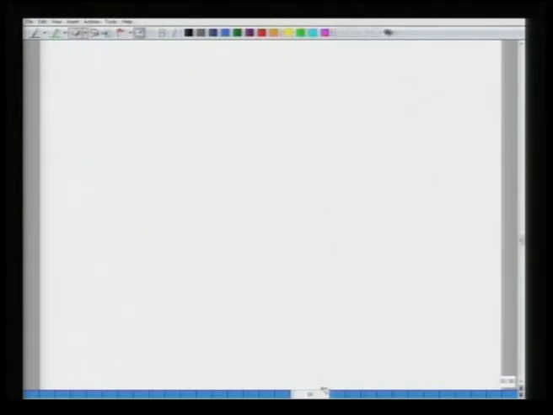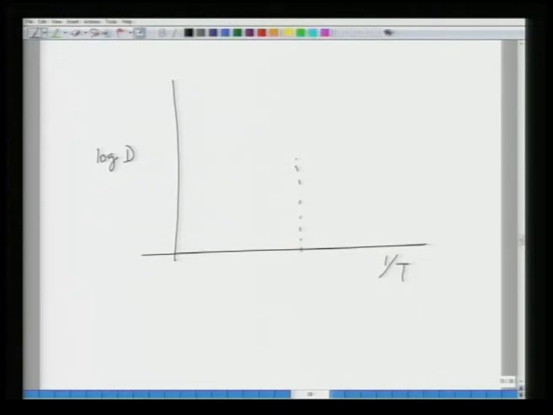So now when you plot this, let us say this is log D and this is 1 by T, and let us say this is the crossover point for a particular composition of impurities. Up to this point I can plot this in this manner. So this is low temperature up to the crossover point. The activation energy in this case is going to be delta H_M star divided by k, with slope minus delta H_M star divided by k. And now, what is the behavior going to be after this point?